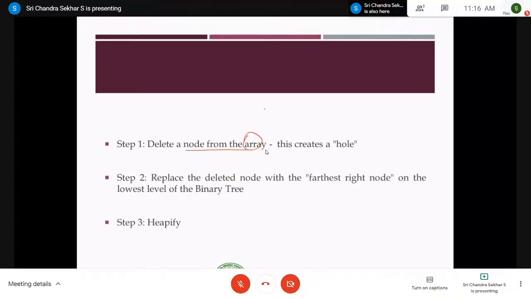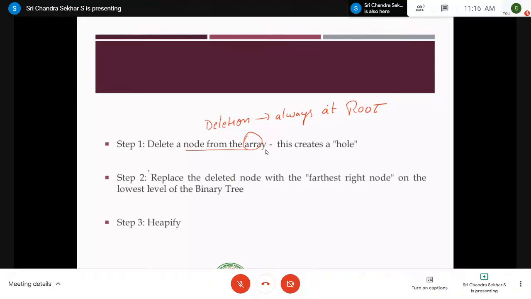Whenever you delete, remember that the deletion operation of the heap is always done at the root. So you remove the root. You have to delete the root, and then you have to fill that root with some element, right? The element that is to be replaced is nothing but the farthest right node.